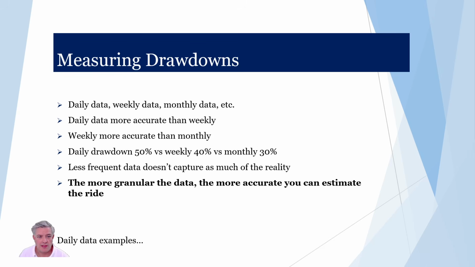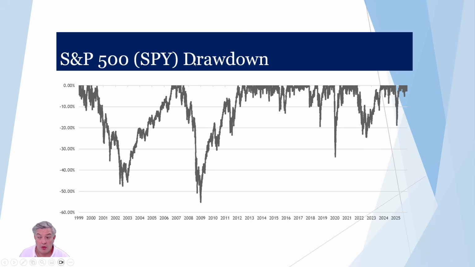So let's look at some examples because that's, I think, the best way to illustrate it using daily data. So here's a chart, a drawdown chart, I should say, of the S&P 500 since the year 2000. And what this basically shows is that if you had bought the S&P 500 in the year 2000, by the year 2002, 2003, you were down almost 50%, just shy of 50% at the low here. And it took you until about the year 2007 to get back to even. So we would say that this was a 48%-ish drawdown that took 6 to 7 years to recover.